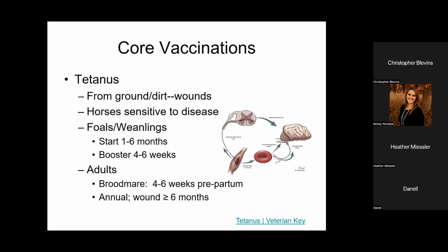Foals and weanlings, we're going to start again when they're weaning, but if they didn't have it in the colostrum, we may have to start them earlier, and then we'll booster them as adults. It is a killed vaccine, so safe to give to a mare when she's in gestation or has a baby inside her belly. So that would be perfectly fine to give a tetanus, and usually 1 month prior to foaling,